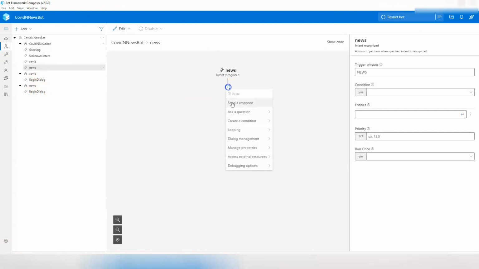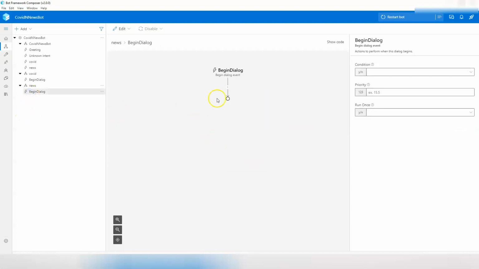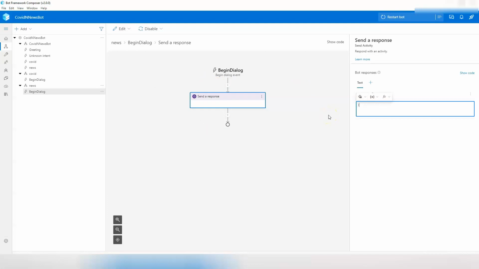And then, intent recognized, dialogue management, begin a new dialogue, dialogue name is news. So we connected everything. That was pretty easy. And now we will do the actual API thing. And go to send response, and we can go, let's see,